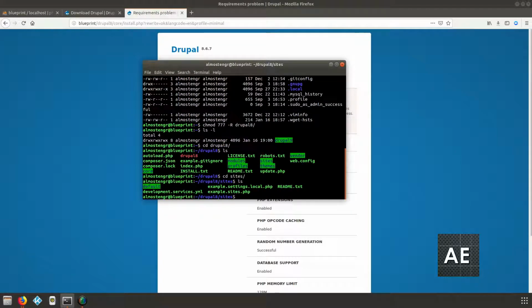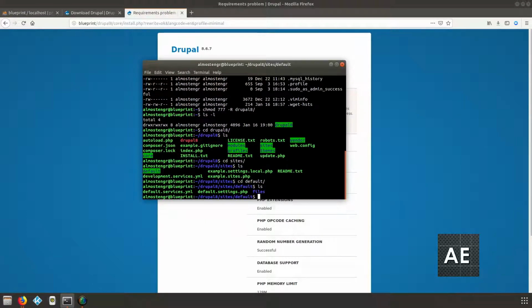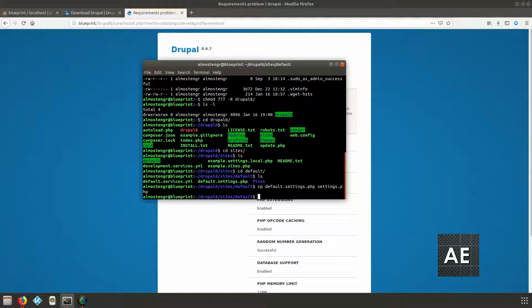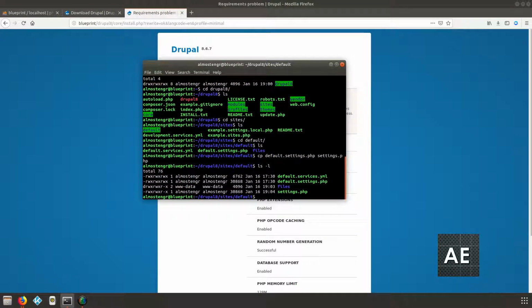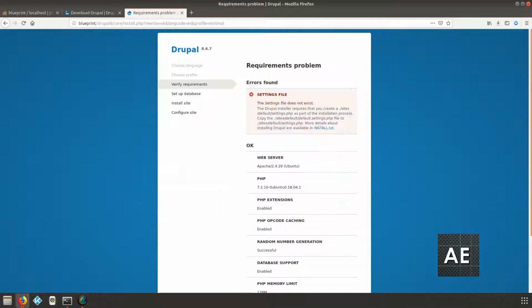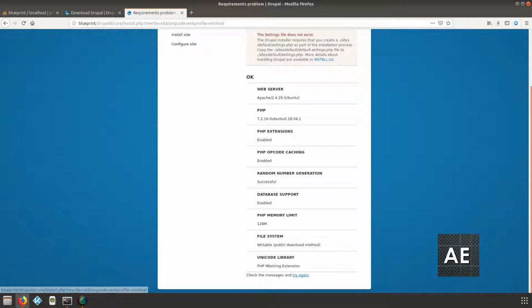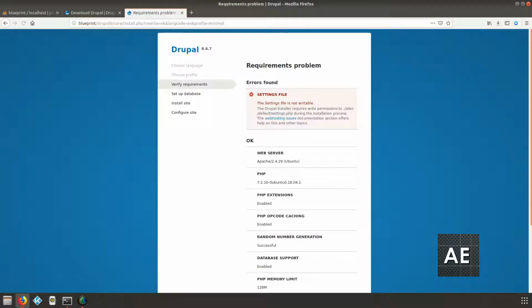As you see, there's a default directory. So I'm going to go to default, and now I'm going to copy the default settings file, default.settings.php to settings.php. Just to confirm, I'll list the directory contents, and as you see, the settings.php file has now been created. So if I go down here and click try again,